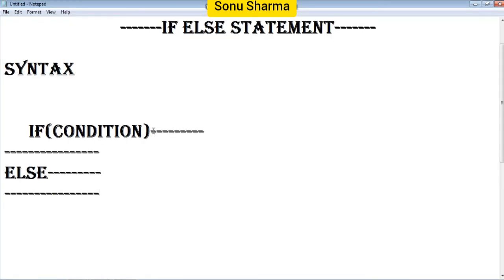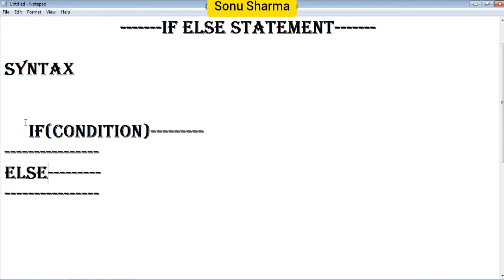Now I'll show you the next topic, that is if else statement. What is the meaning of if else statement? So there will be another condition. If the first condition is true, then it will execute the statement. If the first condition is false, then it will go to the next statement that is written inside the else. So that is called the else part. Okay, that is why else is written. Else this. If not this, then else this. Okay, so this is the general syntax.